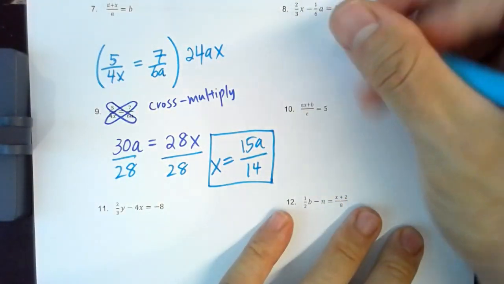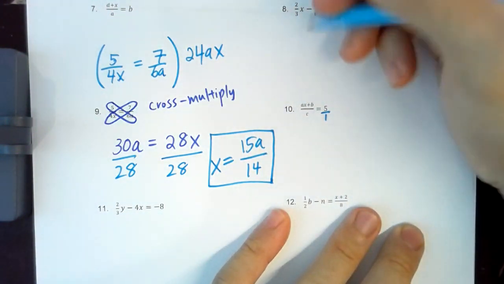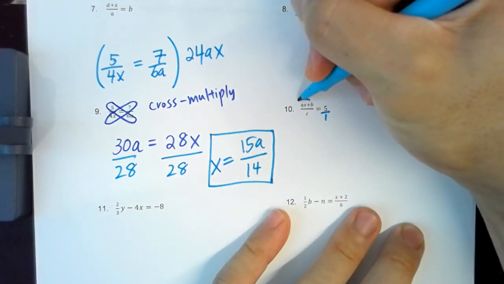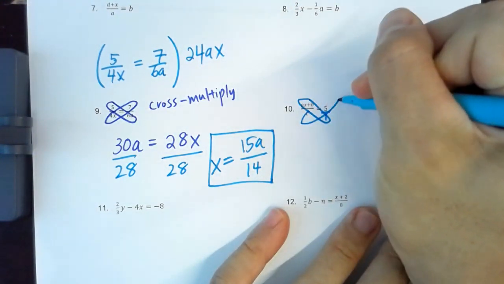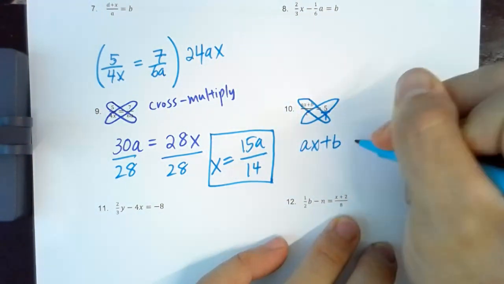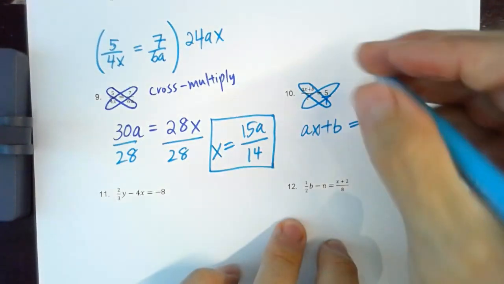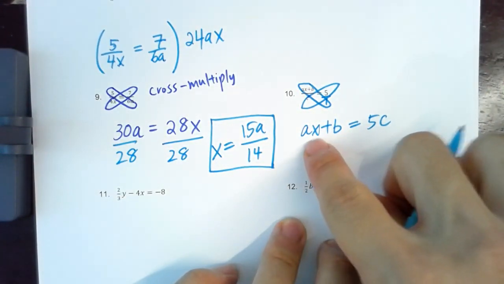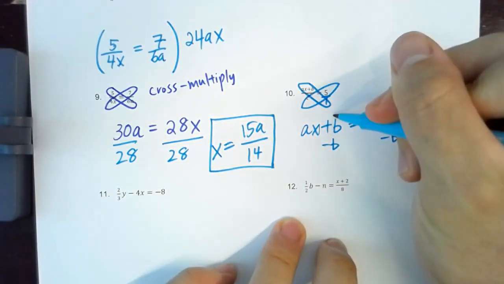So something like number 10, you could also make 5 over 1, and then cross multiply this, right? So you get ax plus b times 1 is equal to 5c. So ax plus b times 1, which is itself, is equal to 5c. So now we're trying to isolate x, subtract b from both sides. Just like a constant, you always get rid of